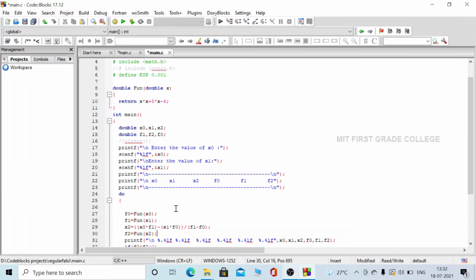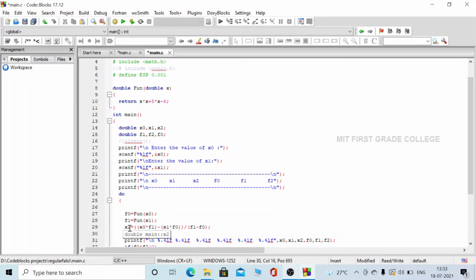So here we have to give two initial points, that is x0 and x1. After giving the two initial points, the function is called for this x0 and x1 and stored respectively in f0 and f1, and the formula is used to compute x2.